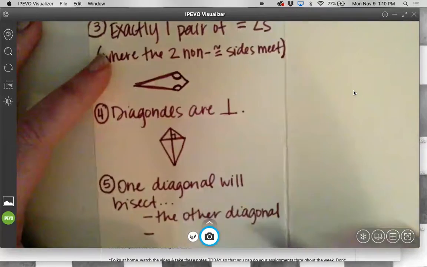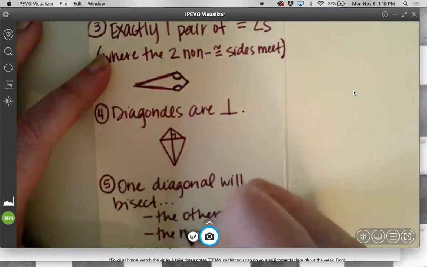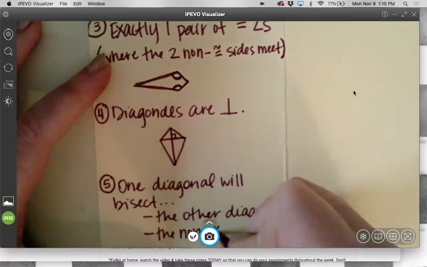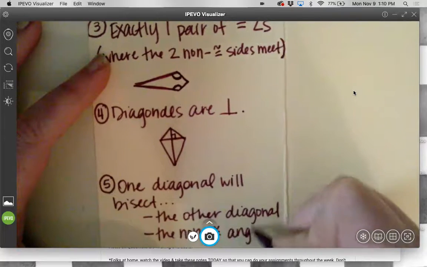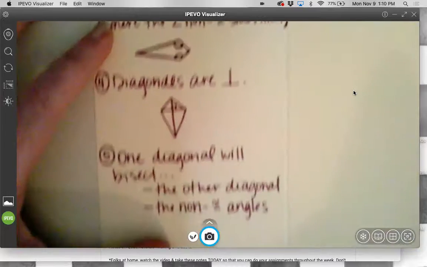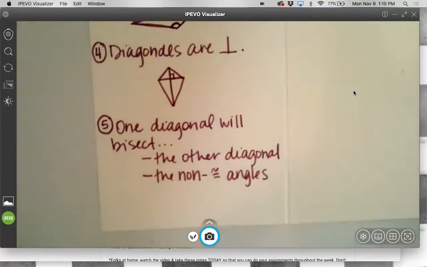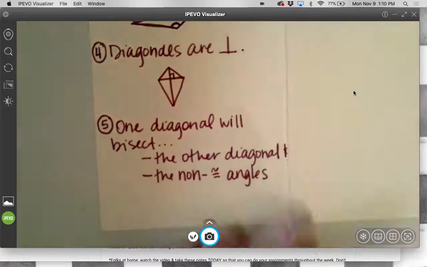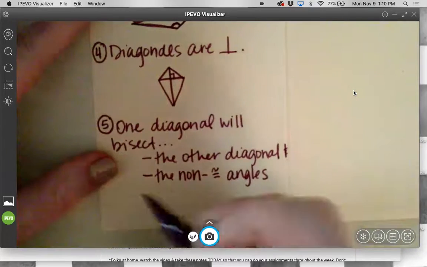And it will bisect the non-congruent angles. One diagonal will bisect the other diagonal and the non-congruent angles. So on our kite,